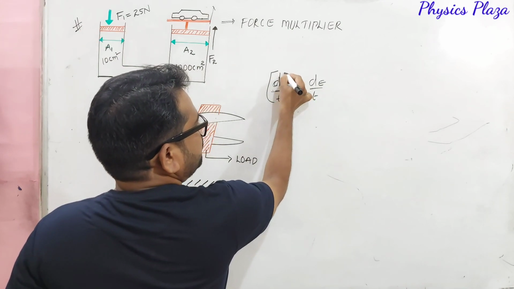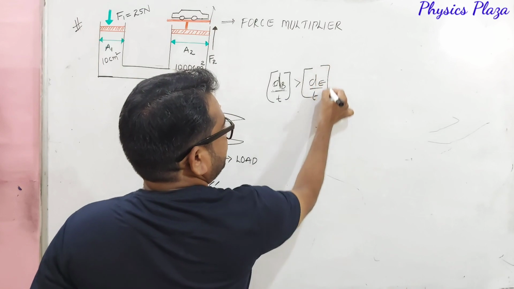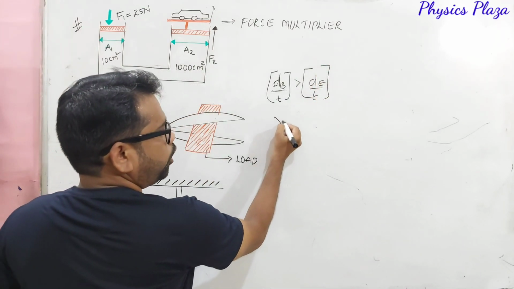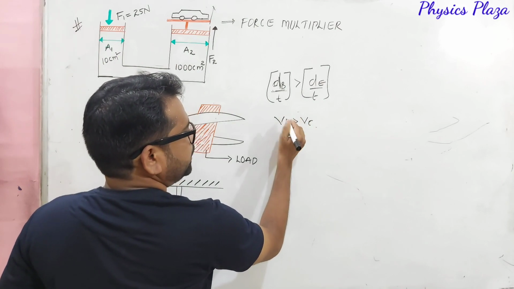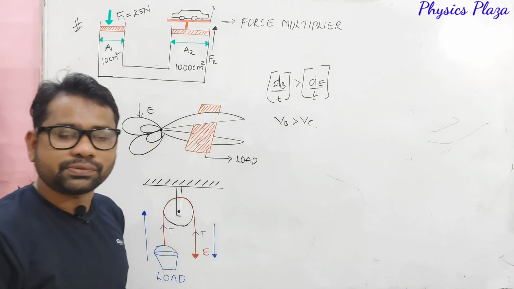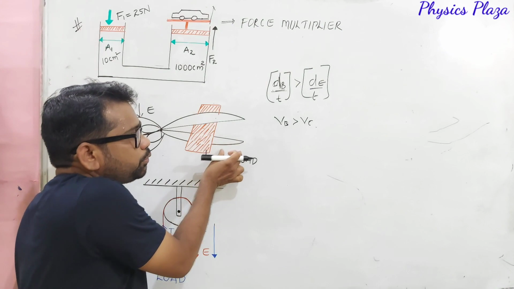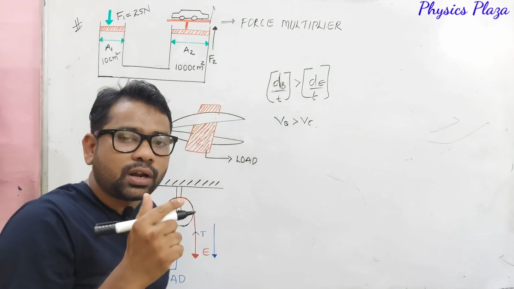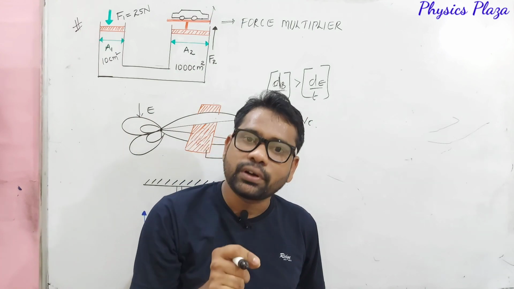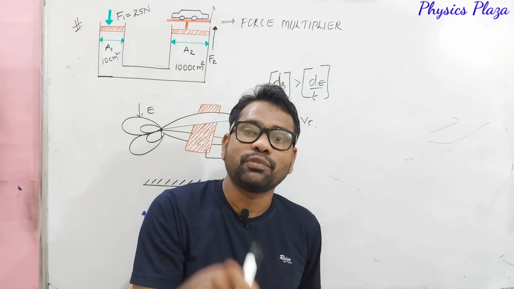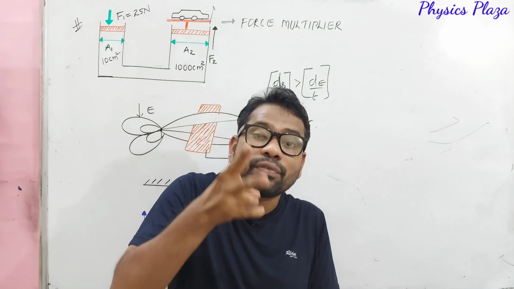Children, displacement per unit time is nothing but what, dear children? Velocity. So here the output velocity is greater than that of the input effort velocity. This is the blades' velocity, which means blades will move longer. Blades are covering more displacement than that of the effort displacement in a given time, which means here the blades are moving faster.